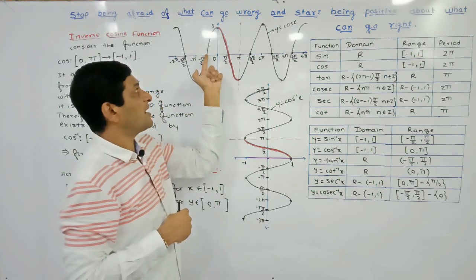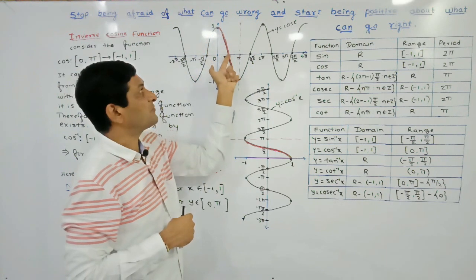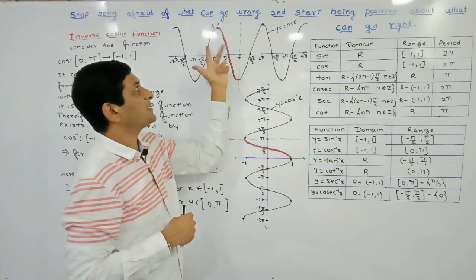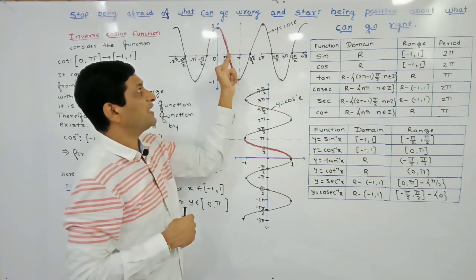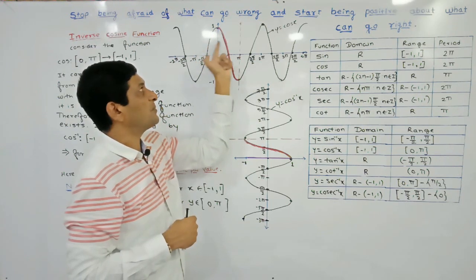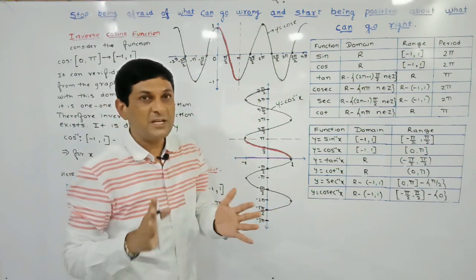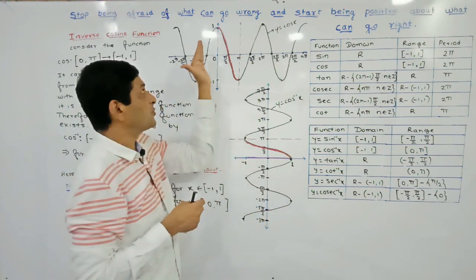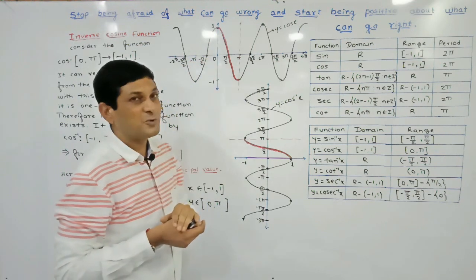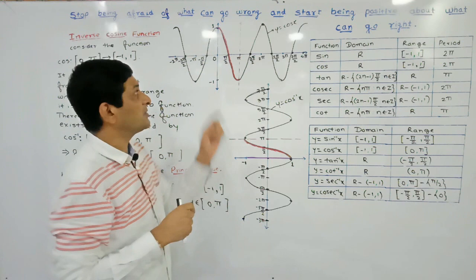If you observe the graph, it goes from 0 to 1, and again the same values are repeating from 1 to 0. Here we are getting 0 at 2 points. Whatever number it is here, how many places are we getting it at? 2 points. Again the function becomes many-one. So we are not able to select this interval, minus pi by 2 to plus pi by 2. That's why mathematicians selected this interval,